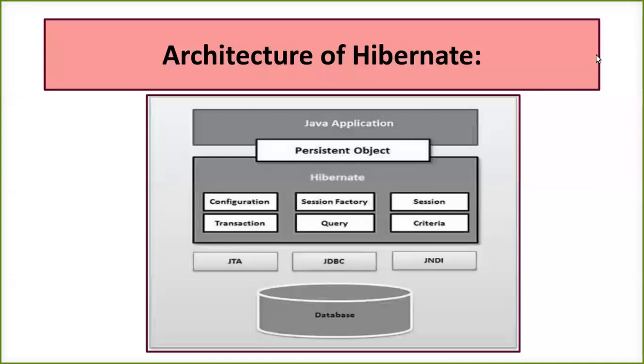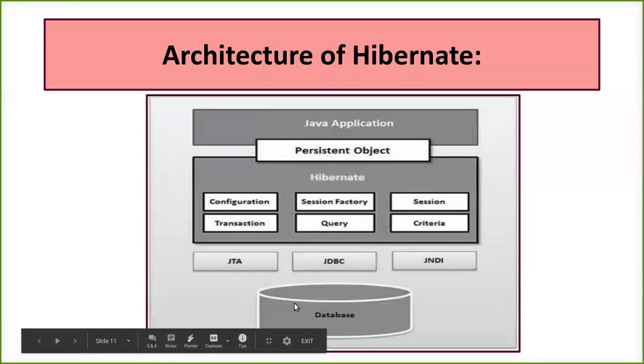So here again we have three layers. We have a Java application, we have a database, and we have a Hibernate layer, or you can say the ORM tool which I am implementing. So Hibernate is one of the ORM tools which I am going to implement in between your Java application and the database. In the Java application, I am going to have an object, considering that it is a persistent object. Now this Java application is going to be developed using the Java language. And I am having a database. I am going to have all the records which are going to come from my application.